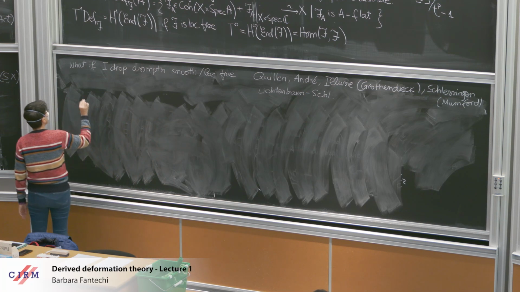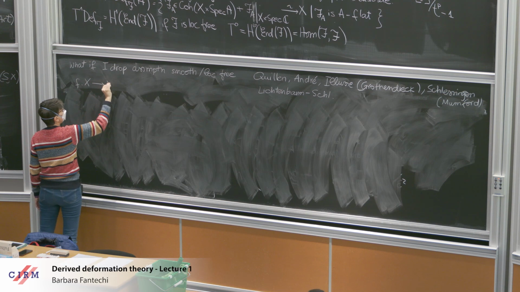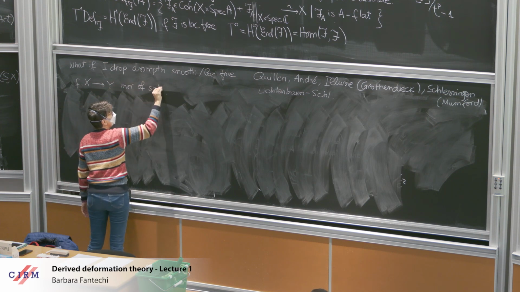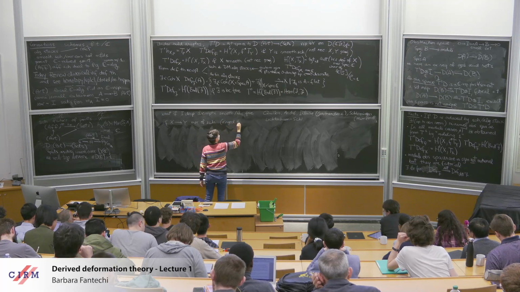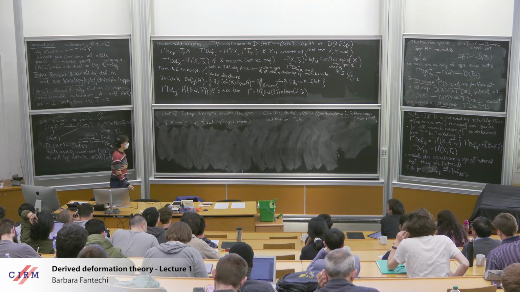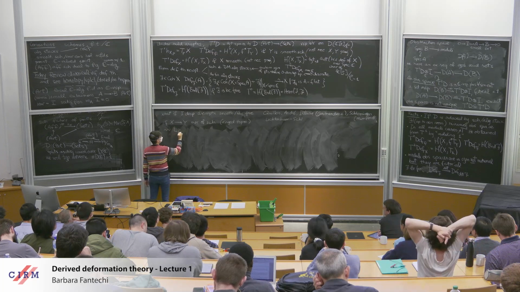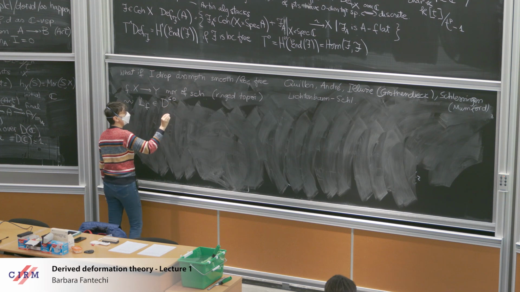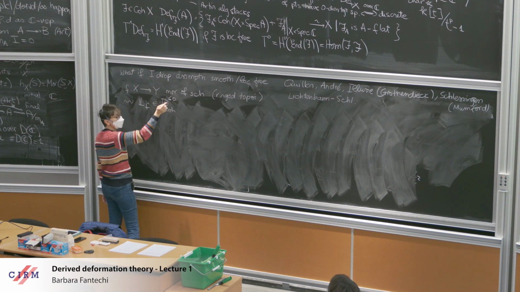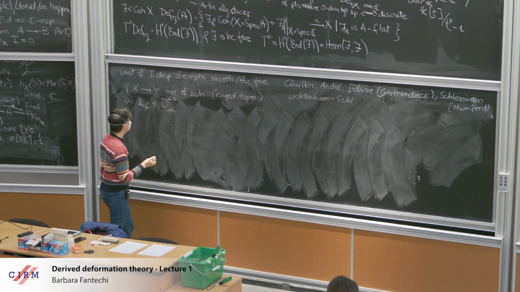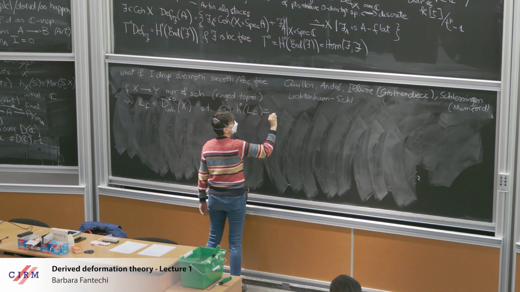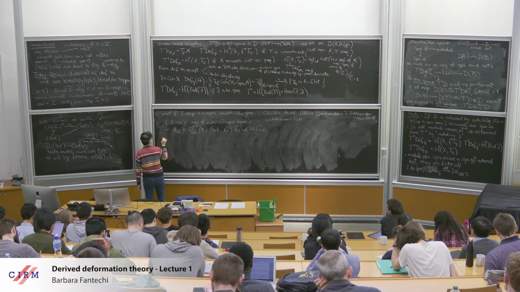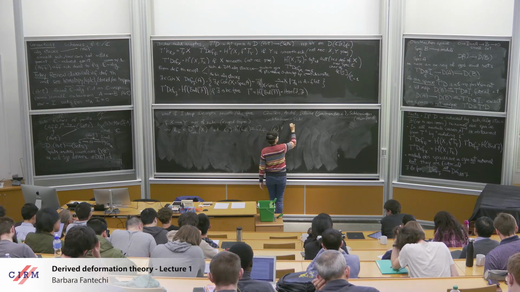And the version by Illusie says that if you have f from X to Y, a morphism of schemes, or local or ring, then we can associate to it a complex in the derived category, and in our case it has coherent cohomology because my schemes have all these assumptions, but in general this is not true, but you still have quasi-coherent, of X such that 1, H0 is canonically omega F, and 2, for any triangle